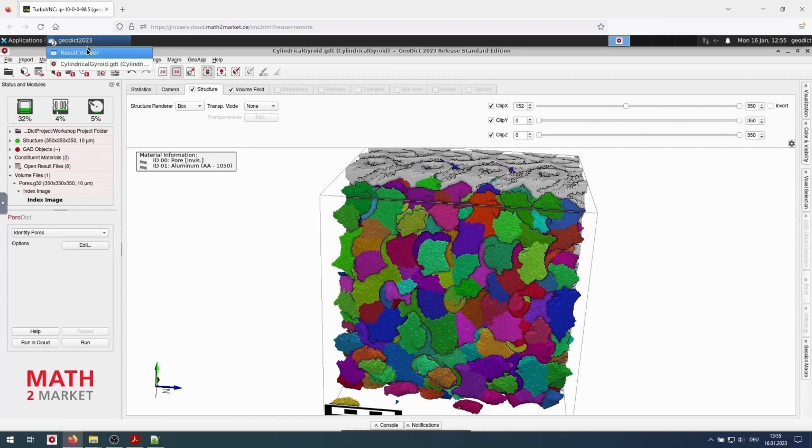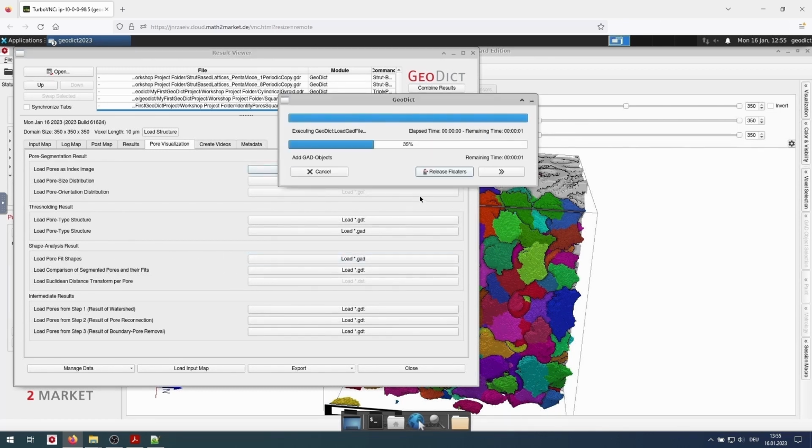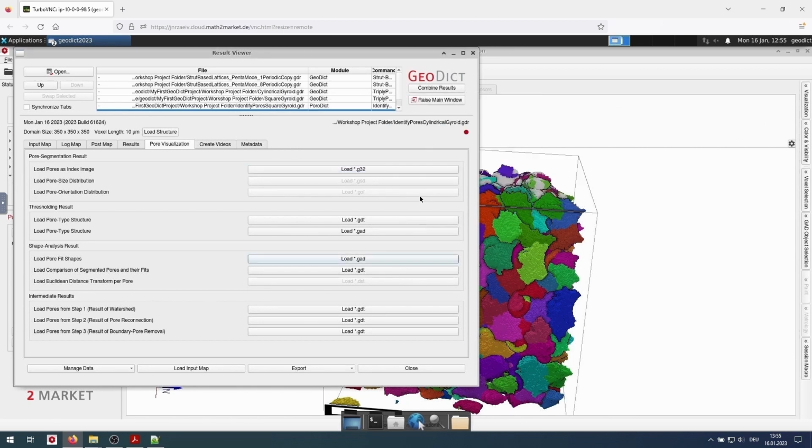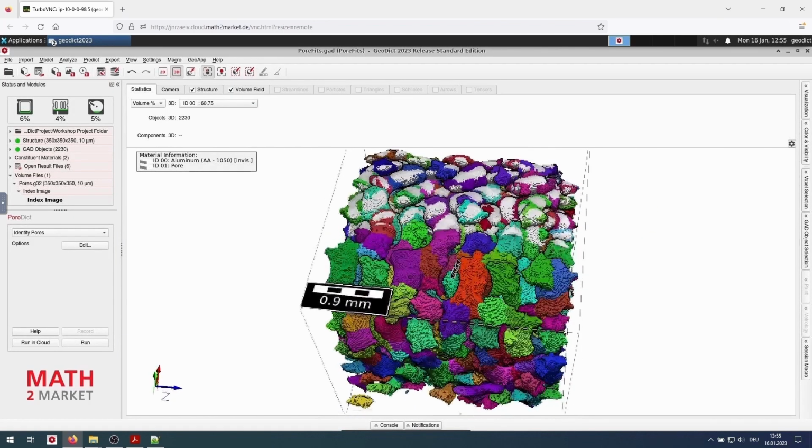For that, we have a look at the result viewer again. And we go to the shape analysis result and click the load comparison of segmented pores and their fits. For that, we click load pore fit shapes. This will load the fitted ellipsoids on which the pore diameter statistics are calculated.